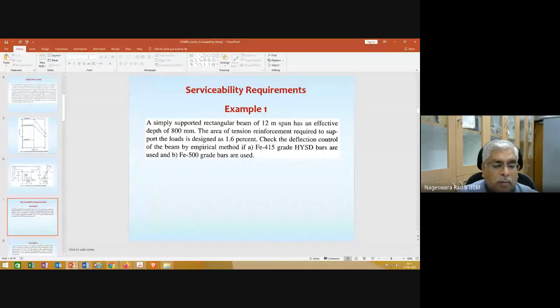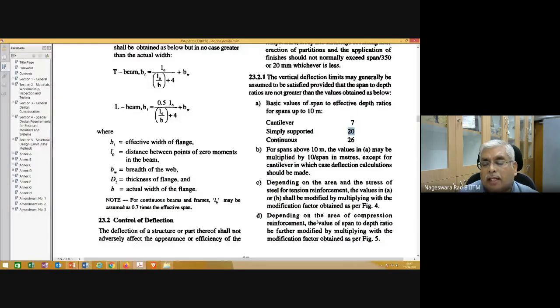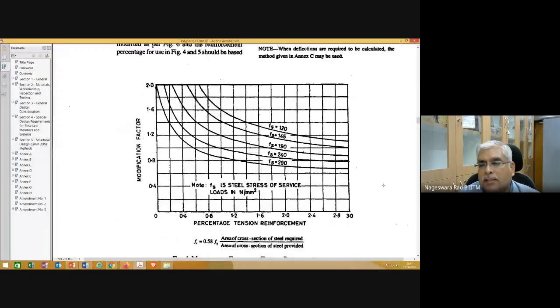And if you want to be more precise, you can actually use digitize, because we are in the border situation, in the sense we are in the limiting case. So the code is saying 14.83, whereas the actual L by D ratio is 15. So strictly speaking, 15 is greater than 14.83, so we need to redesign the beam. But that 14.83 value is totally dependent on eye judgment here. So you can digitize this, or we can round it up to 15 and say the beam is satisfying the codal requirements. Is it clear?